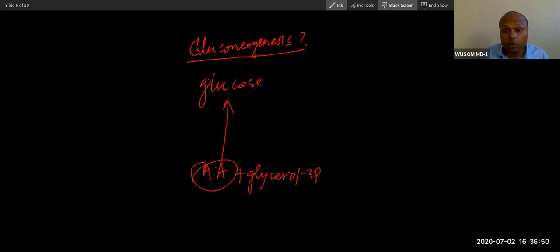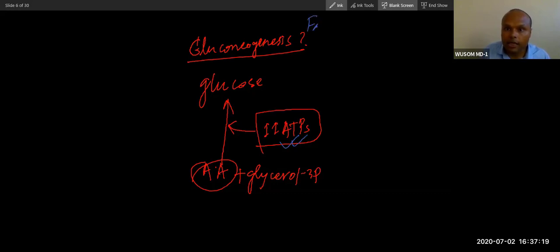And synthesis of glucose is an endergonic process, an uphill process. I have already mentioned, one glucose molecule synthesis requires about 11 ATPs. If you remember, fine. If you don't remember, just understand this. Synthesis of glucose requires ATP. Where does this ATP come from during fasting condition? This ATP comes from beta-oxidation.